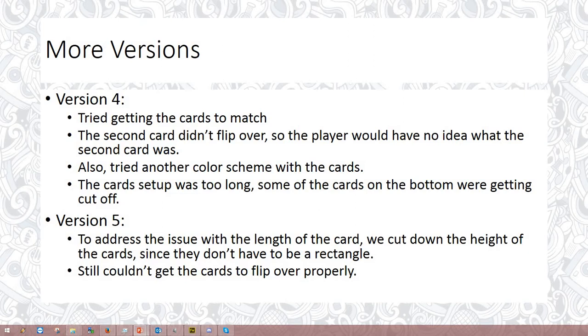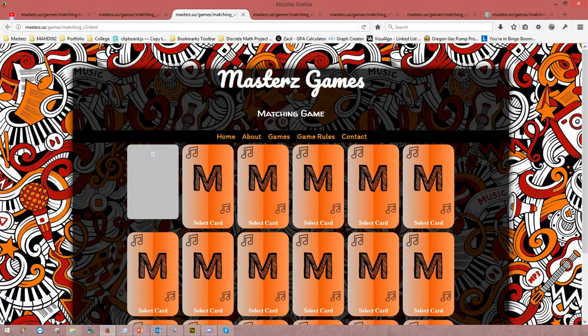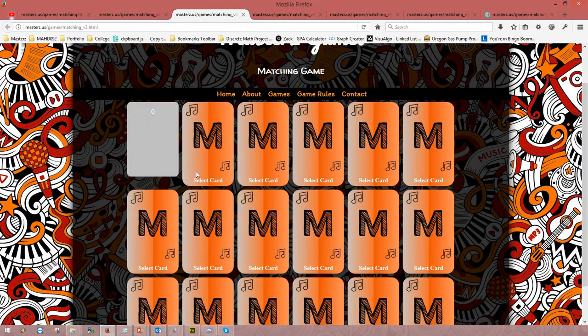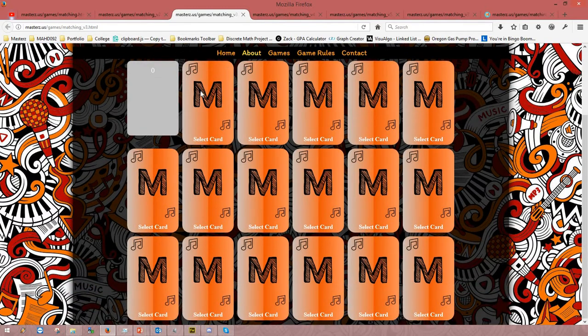We also realized that with this version the cards were just too long. You had to scroll down to see all of the cards, so we wanted to figure out a way to minimize the scrolling that had to be done to actually play the game. We want to keep everything within that main screen window. So with our next version,